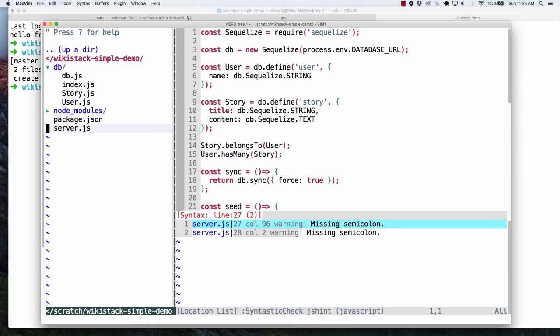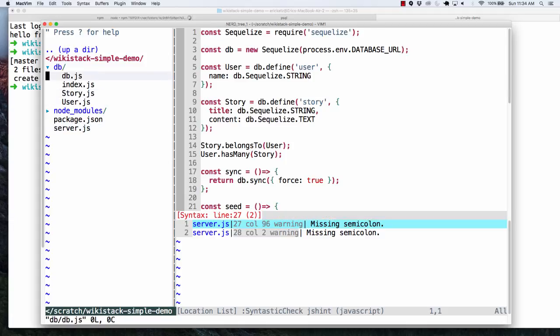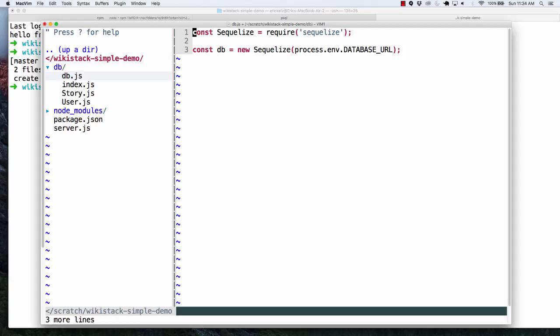Okay? And I'm going to go through this selectively and pull these things out. Again, without breaking things, where in the end, what we're going to be able to do is reduce this server.js down to really one line of code. So the first thing that I'm going to do is start out by taking these 2 lines and putting them in DB. This is my baby. I need this guy. Okay? So I'm going to go over here and I'm going to say